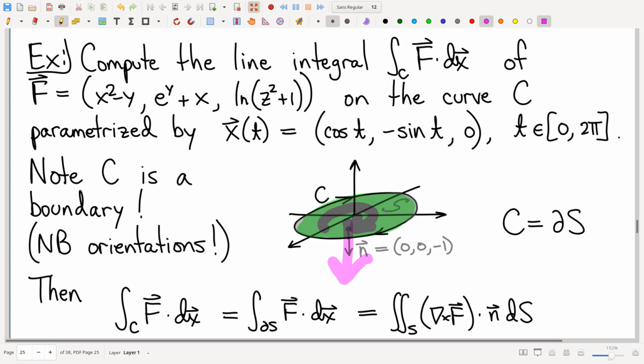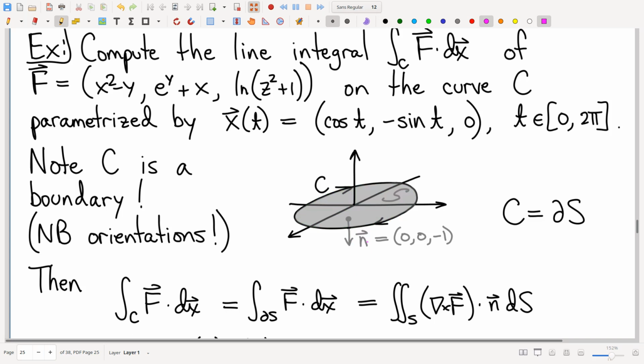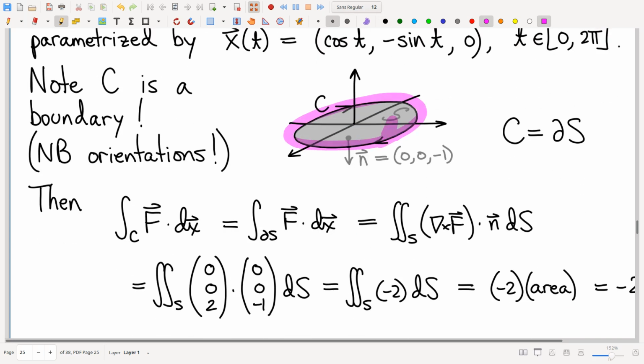Feel free. Questions? You just have to play the game. You just have to do it like this and try your options. Think about which way the induced orientation works, and make sure that you pick the one that tracks with what you were given. This oriented curve is oriented like so, right? Flashbacks to many points earlier in the course, and so that means that we have to pick downward for our oriented surface. Okay, so we win. Our curve is a boundary.